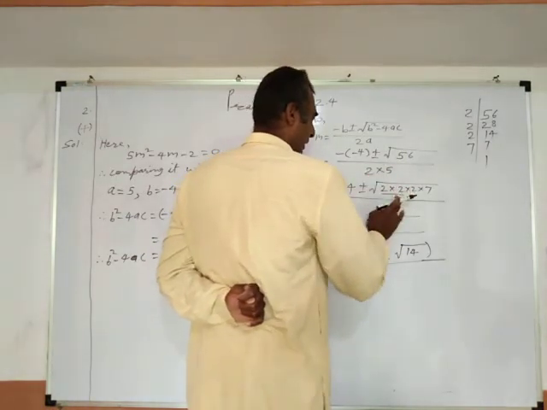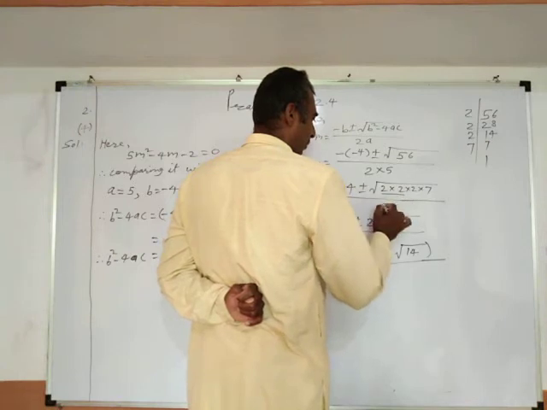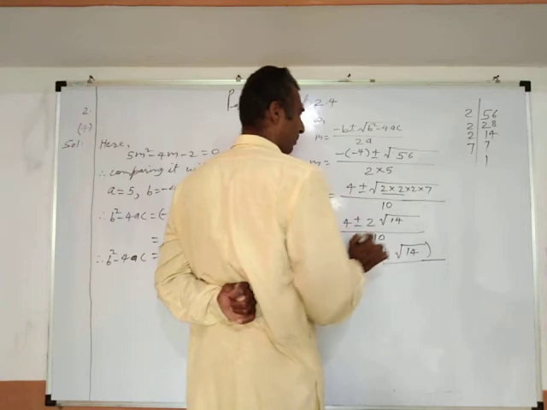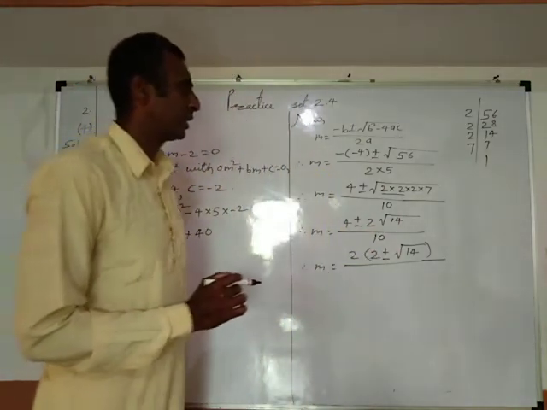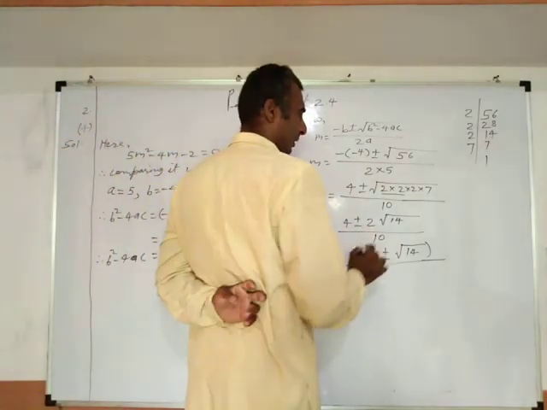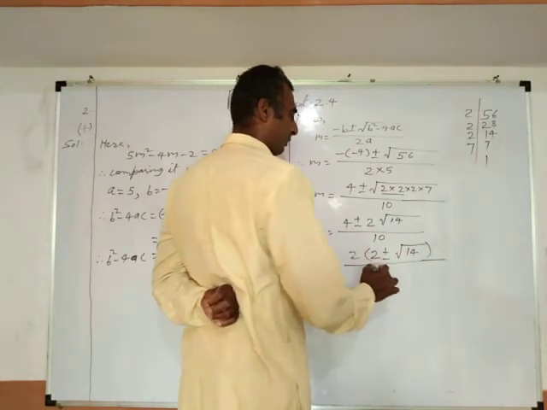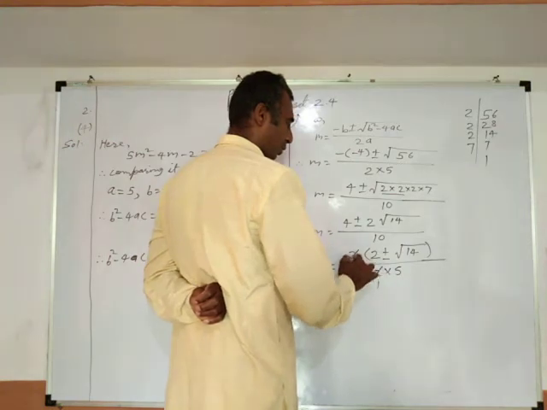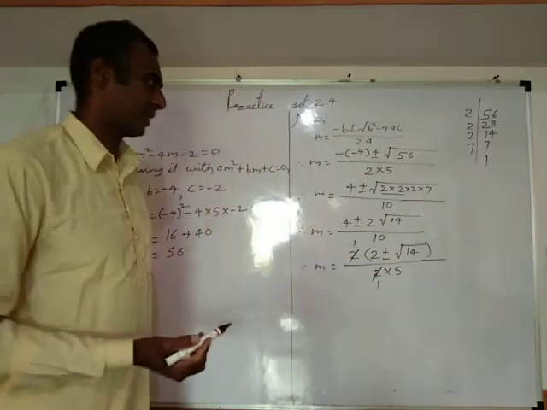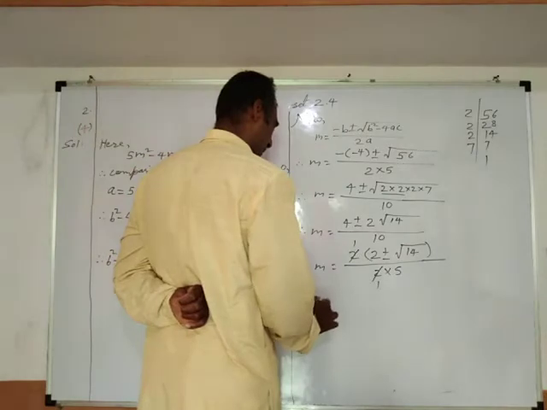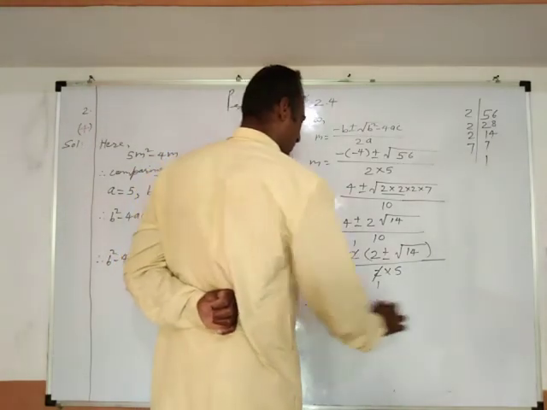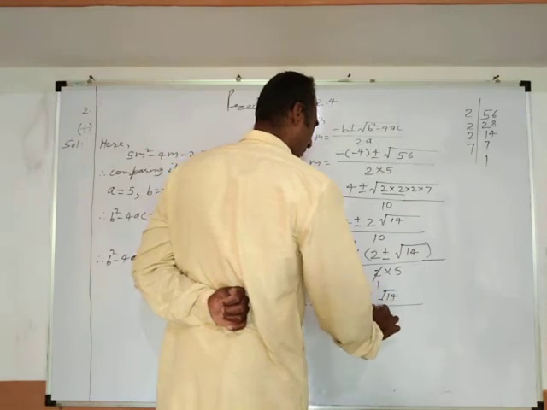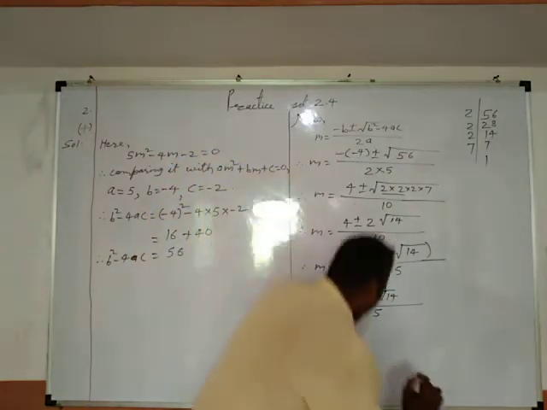2 5s are 10, not 50. Okay, 2 5s are 10. By mistake we wrote it as 50. 2 5s are 10. And again, those 10 we may factorize as 2 into 5. 2 1s are 2, 2 1s are 2. 2 gets cancelled. Therefore, m equals 2 plus or minus root of 14 upon 5,